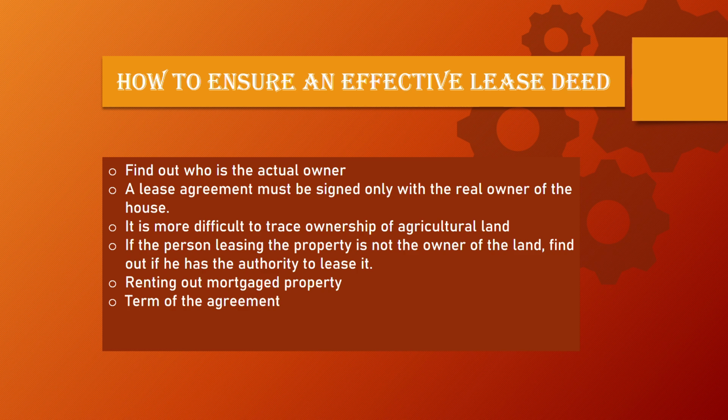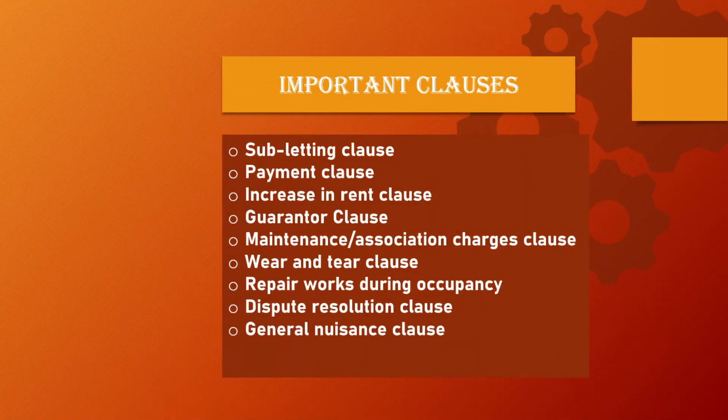Now let's discuss some important clauses which can come into the agreement according to the nature of the agreement. First is the subletting clause. Subletting is authorized provided the owner consents to it at the time of the agreement. If not, the lessee cannot sublet the property, but he may use it for himself. However, if the agreement allows for subletting, the landlord cannot remark on whom he should and should not sublet to. The lessee is responsible for all aspects of the subletting.